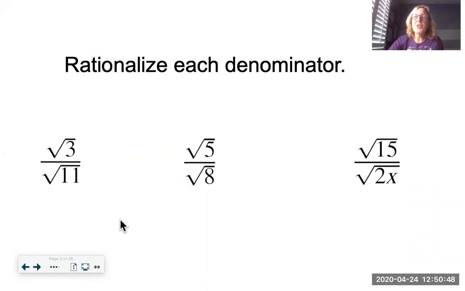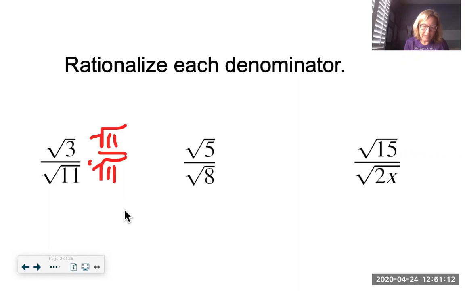All right, so let's just review what it means to rationalize a denominator. If you remember, our rule is that you can't keep a radical in the denominator. So in order to get rid of it, we can multiply something in the form of a fraction of 1 that would release that radical. So in this first case, we multiply by the square root of 11 over the square root of 11,